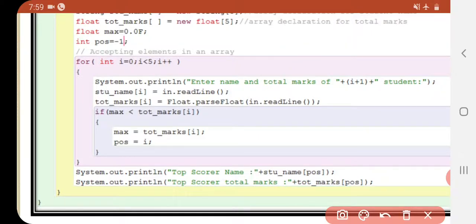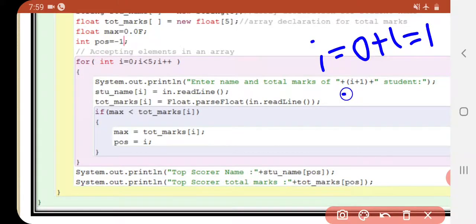And now, see, I've already written here enter name and total marks of i plus 1, means the student number. Enter name and total marks of first student, enter name and total marks of second student. The first value of i is 0, means 0 plus 1 is 1.